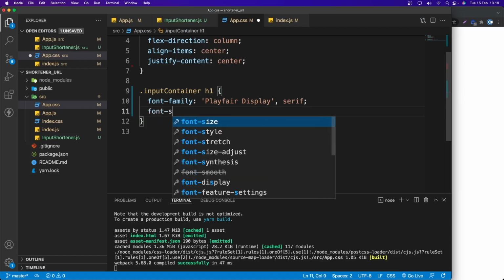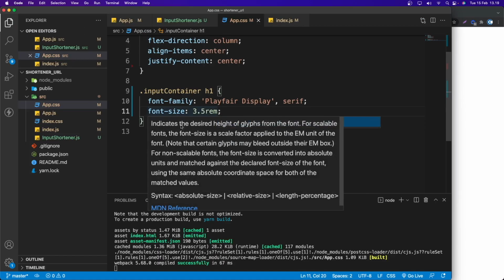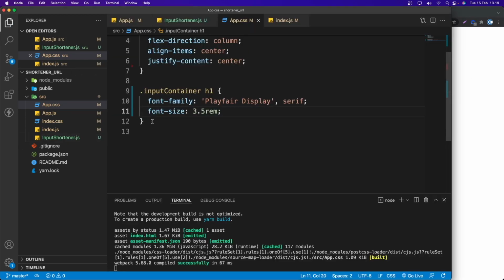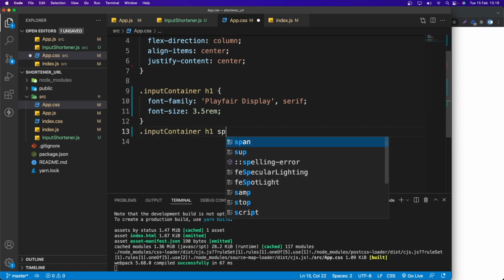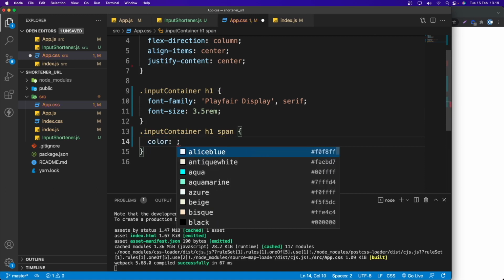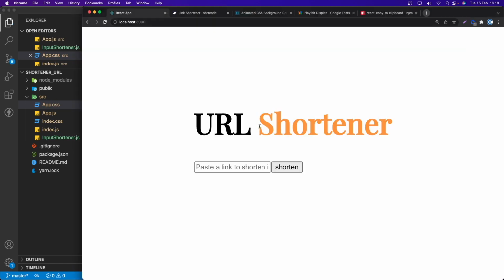So let's change the font size to 3.5 rem, and also I'm going to change this span color. So let's do here, I'm going to grab the input-container h1 span, because the span is inside the h1, and in here I'm going to set color to, let's say, var primary color. Okay, we grab the primary color variable, and now we get this color.